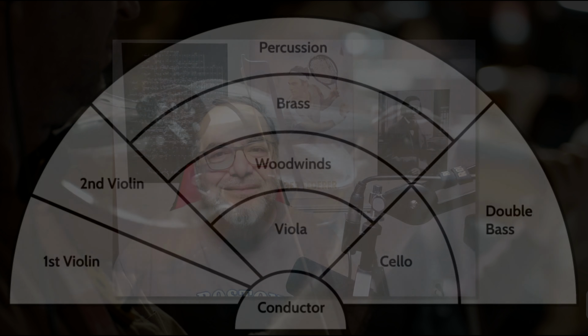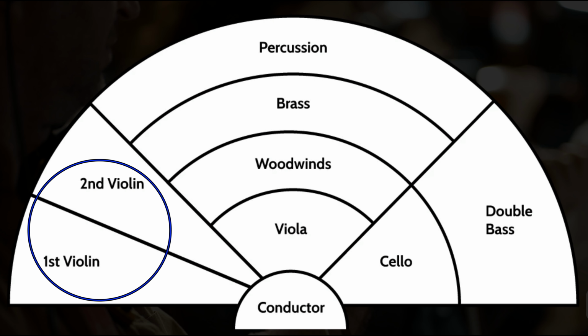So I'll use an orchestrating trick that makes the passage feel more alive, which is alternating between players. Here, that means letting the first and second violin trade off the glissandos to keep the color fresh and the line more alive. Let's have a listen. Since I want a more forceful glissando with more body, I'll also have the horns play rip effects. Like with the violins, I'll alternate between horn 1 and horn 2.